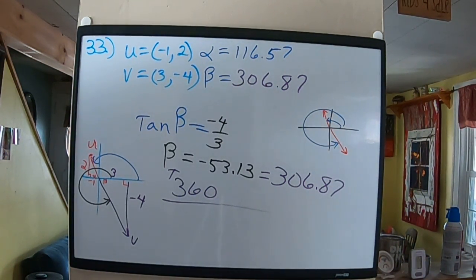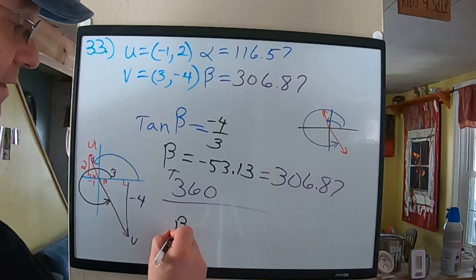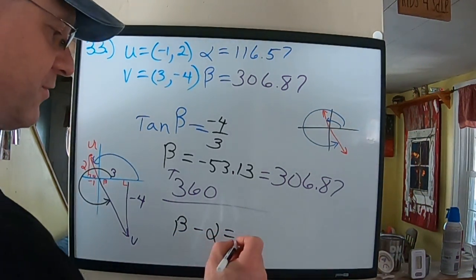So 306.87 minus 116.57. That gives us, so beta minus alpha gives us